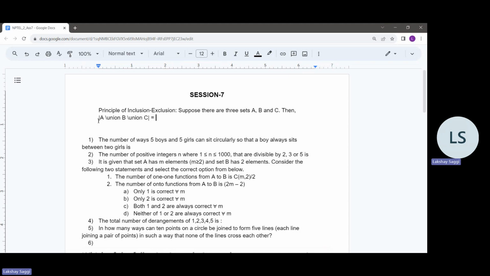This is basically that the cardinality of A union B union C is nothing but the cardinality of A plus cardinality of B plus cardinality of C